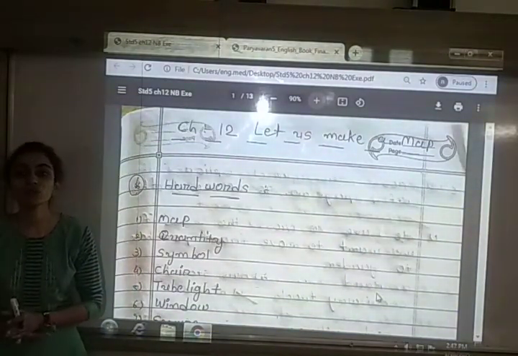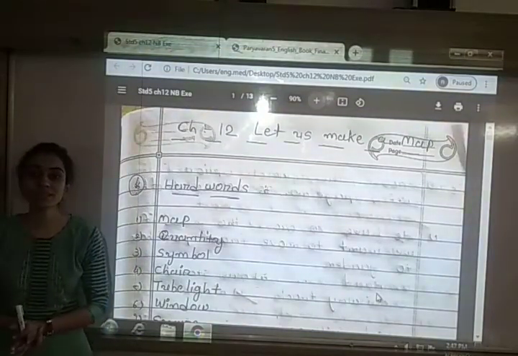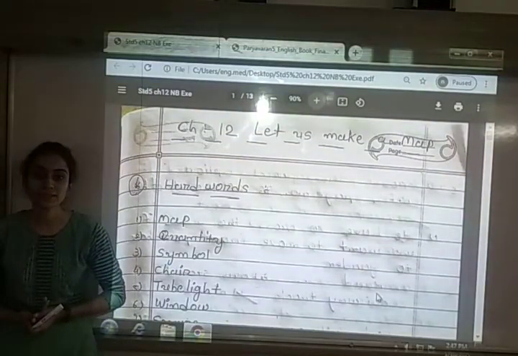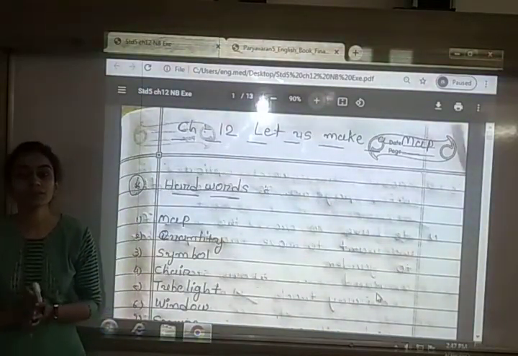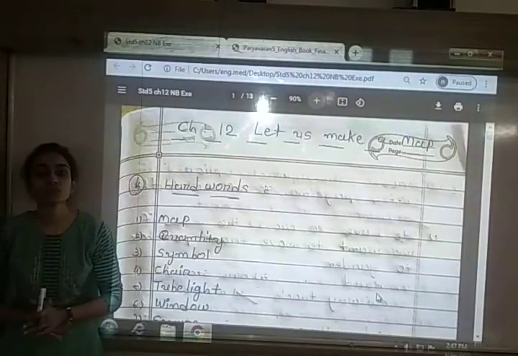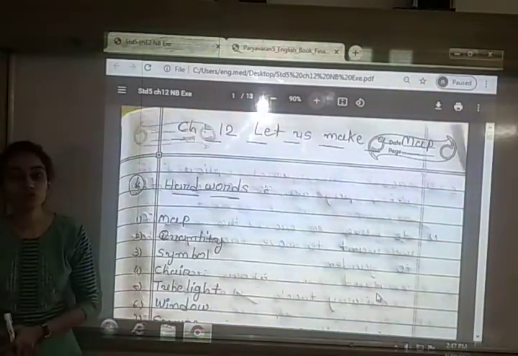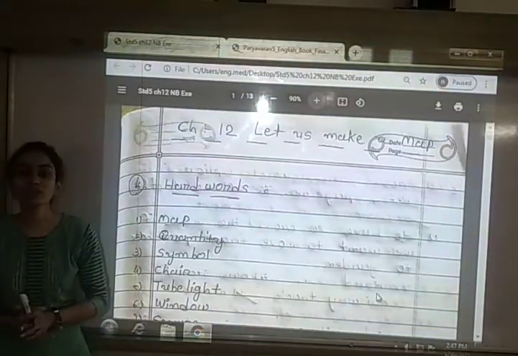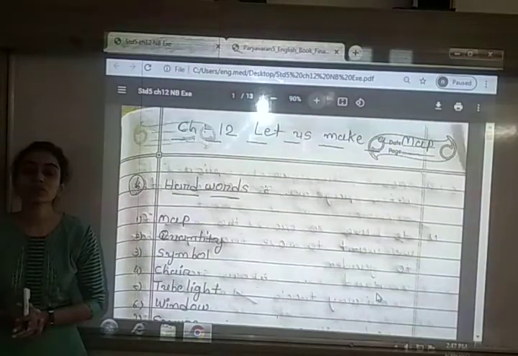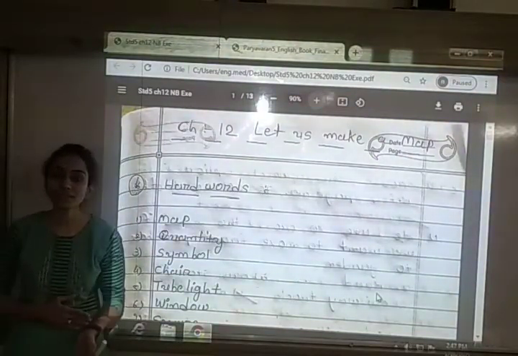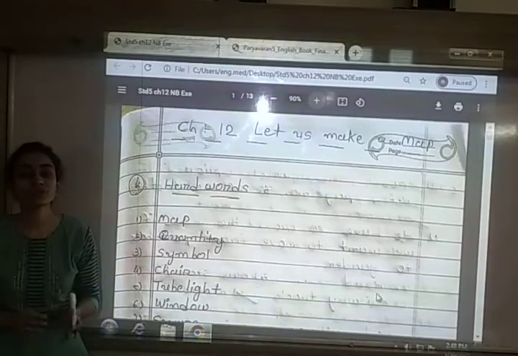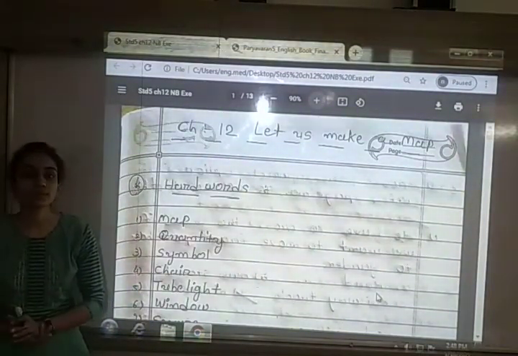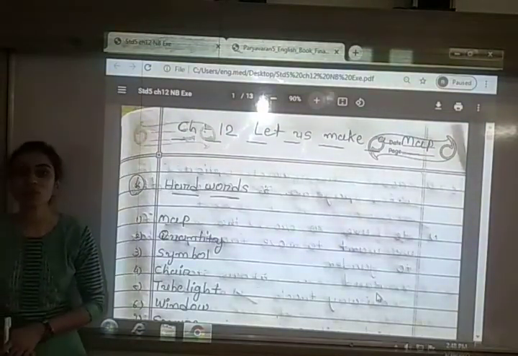Then in the notebook exercise in the previous video, we had seen the hard words for this chapter, and up to question number 3. In question number 1 we had seen choose the correct option. In question number 2 we had seen the fill in the blanks, and in question number 3 we had tabulated the information about the classroom: how many different objects are there in the classroom, what are those objects, and what is the easy symbol for those objects. So these are the things we had seen till now in this chapter.